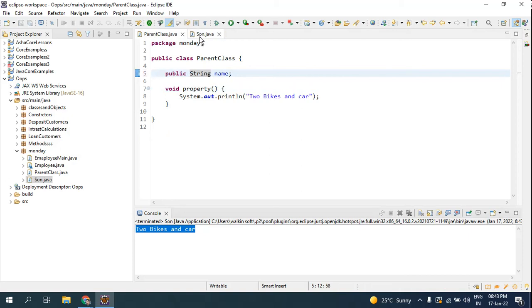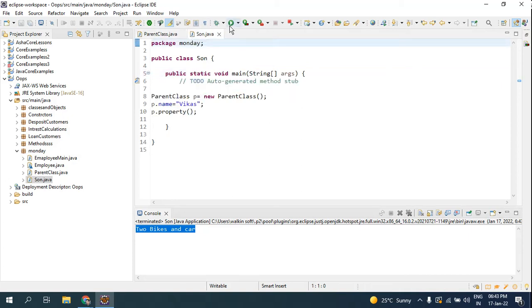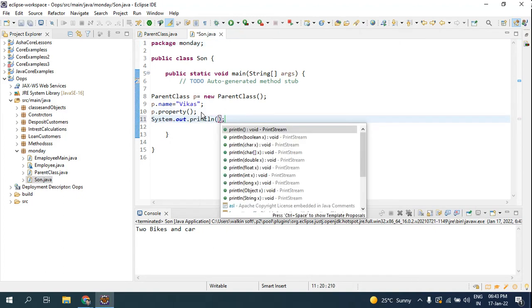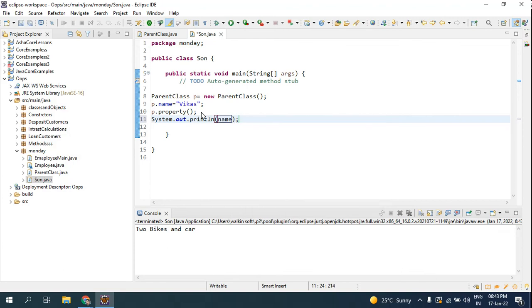and if I go here and run this example again, well, because I have not instantiated the variable, in the SYSOUT I have to get that name, right, p dot name. So now I'm able to get the name.